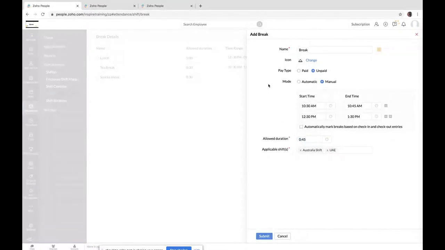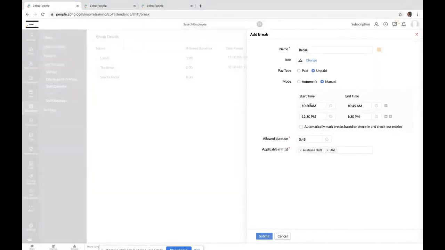In this case, you have provided a start time and end time for a morning break, and then another break at 12:30 p.m. to 1:30 p.m. So employees can manually request the break in this specified start and end time.